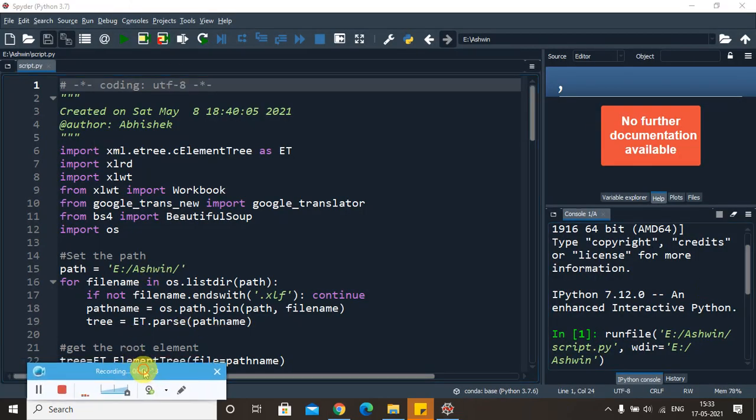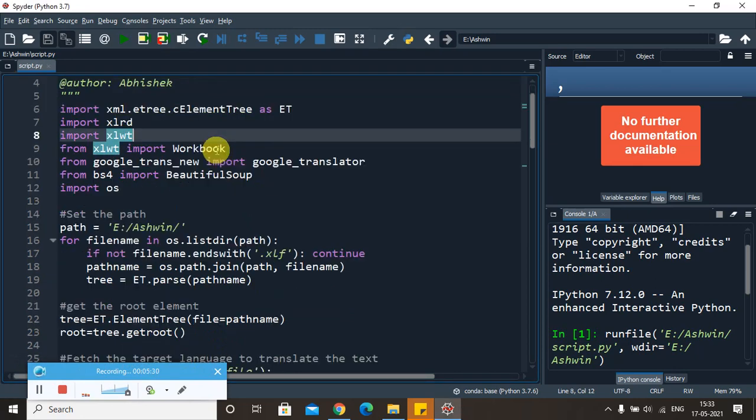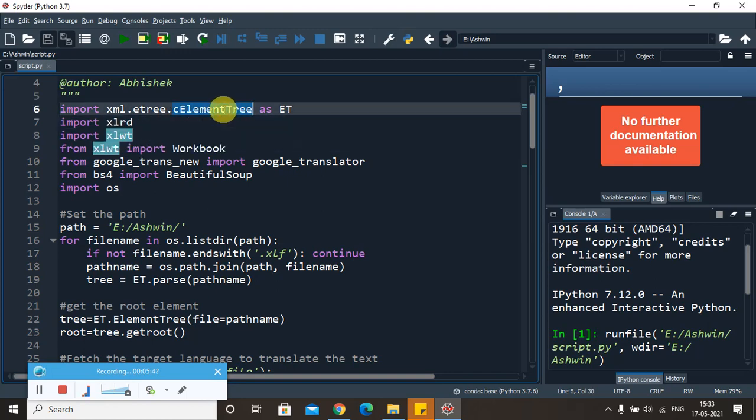Now I have used the Anaconda framework, in which I am utilizing the Spyder editor to write the program. As you can see, we have to import the necessary libraries to do this task. You can see that I have imported xml.etree.cElementTree. This module implements a simple and efficient application programming interface for parsing and creating XML data.